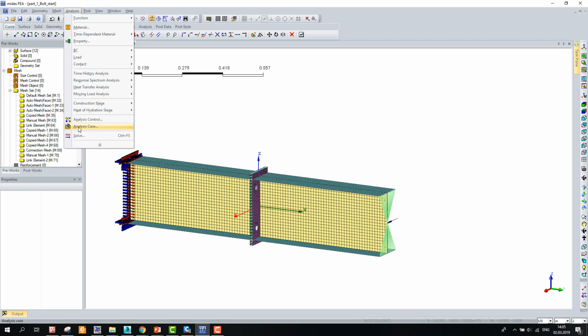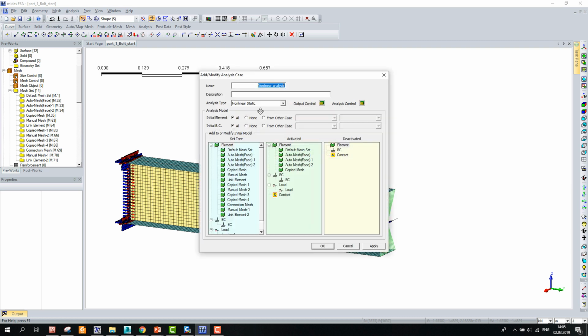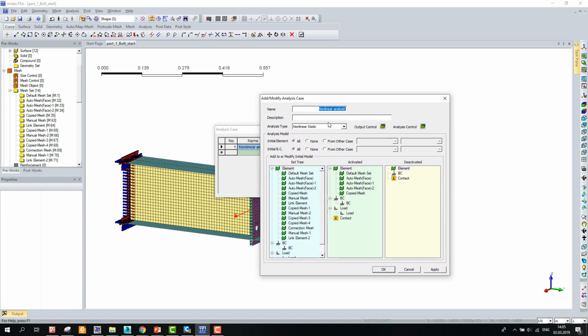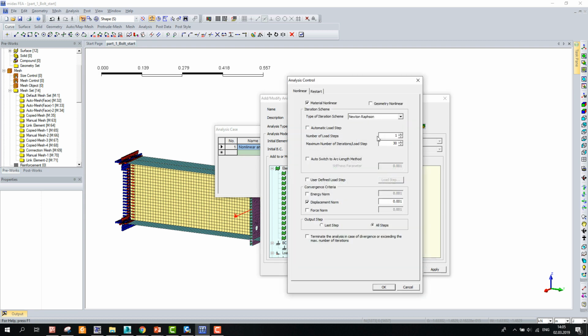In analysis case, we have to define nonlinear static because we have nonlinear boundary conditions, compression only springs. In analysis control, you have to define material nonlinearity. A Newton-Raphson method for iteration is enough for this approach. And if you want to consider time history,